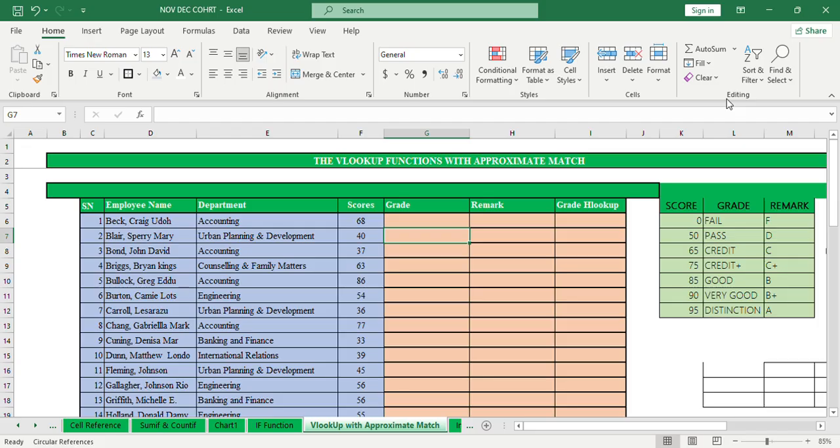In our class today, we'll be looking at the lookup functions. We have two of them basically, which are VLOOKUP and HLOOKUP. The lookup functions, as the name implies, are used to look up or retrieve values from a data set, right? So looking at this data, we have